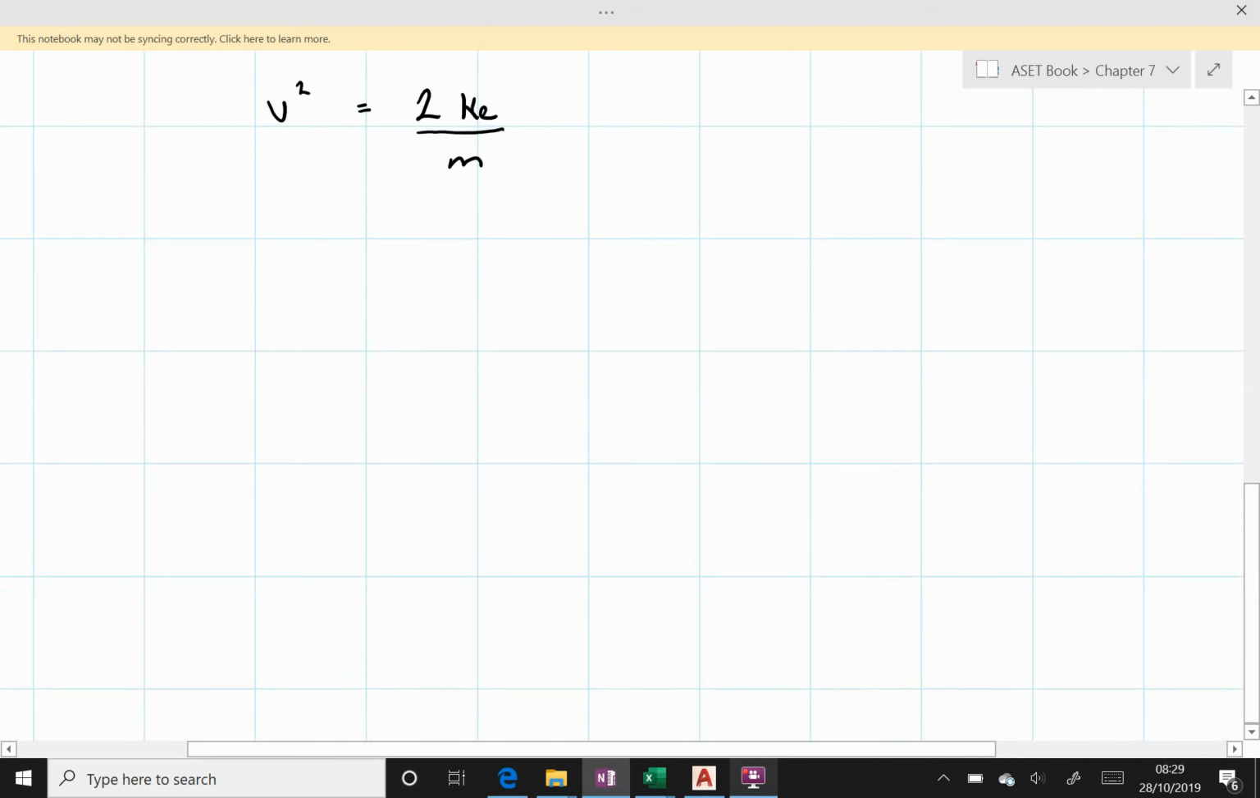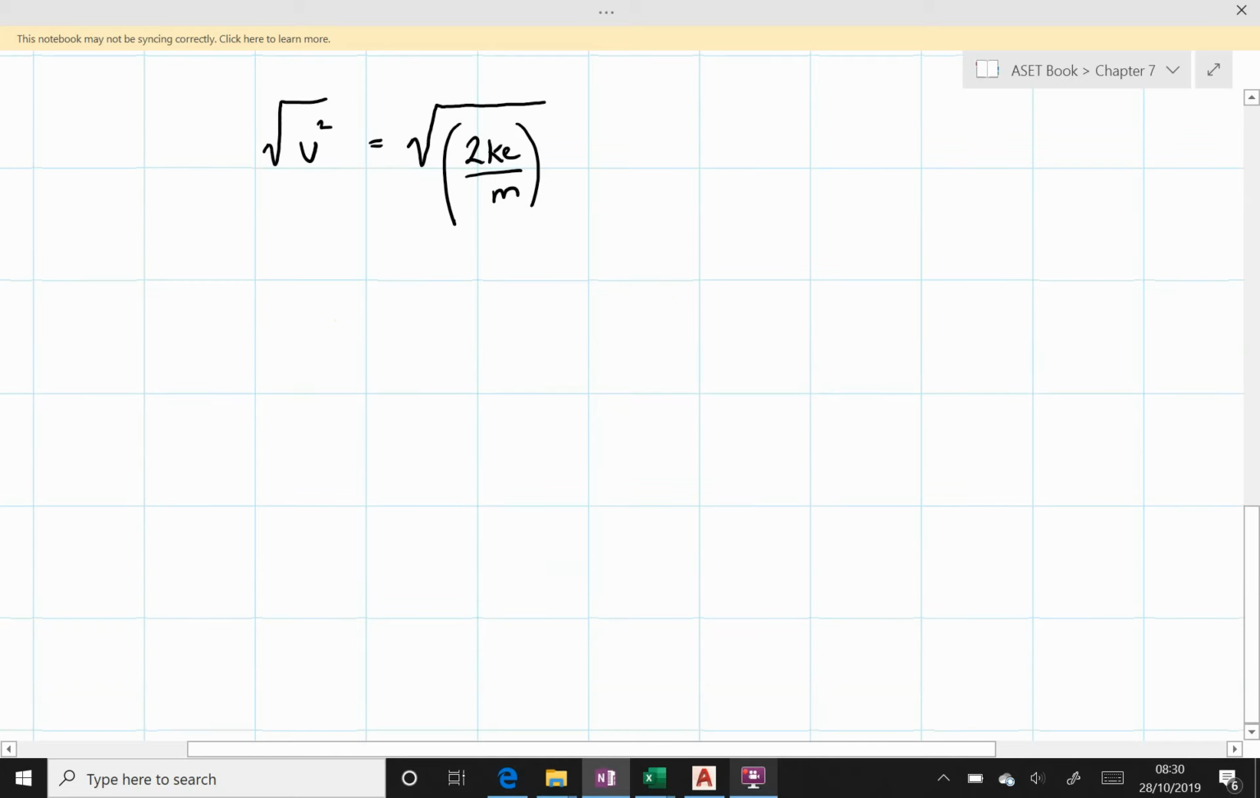divided by mass. Now we're not asked to work out the value of v squared, we are in fact asked to work out the value of v, and so we need to take the square root of both sides of the equation. And so the square root of v squared equals the square root of 2 times the kinetic energy over mass. Well, the square root of v squared is just v, and so v then equals